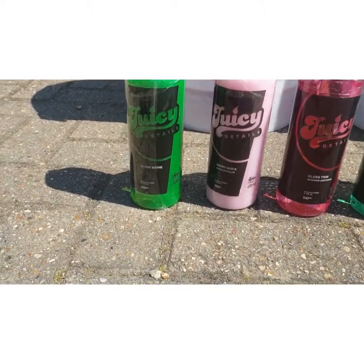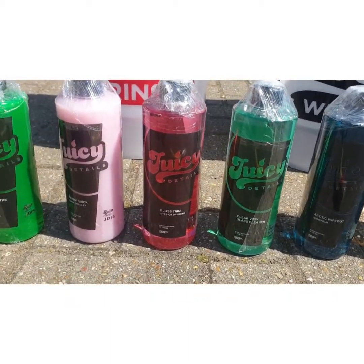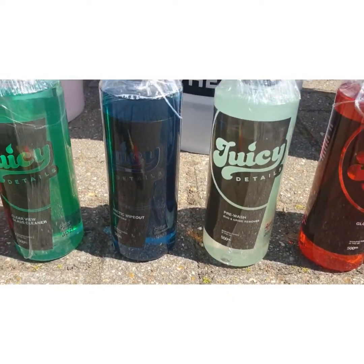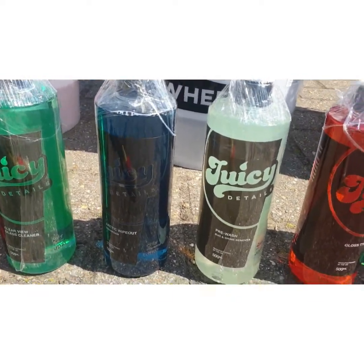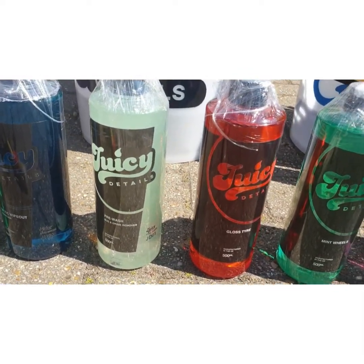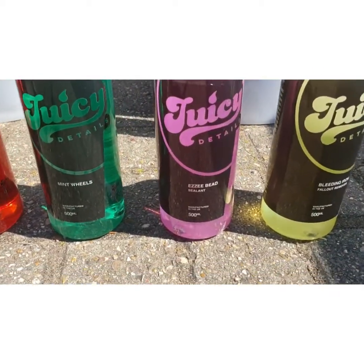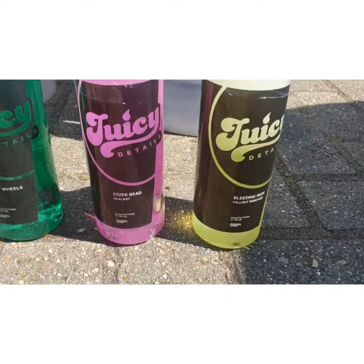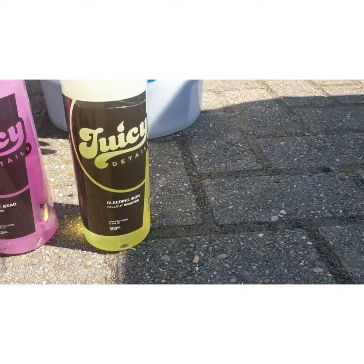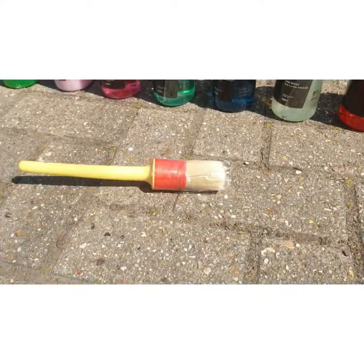So we've got some shampoo there, some quick detailer, some interior gloss trim, glass cleaner, Arctic snow foam, or snow foam. And we've got pre-wash to remove all the bugs and grime and crap beforehand. Some gloss tyre gel, some non-acidic oil cleaner, some easy bead sealant, and then some iron out, fallout remover to get all the iron particles and brake dust off the wheels. We've also got a detailing brush,